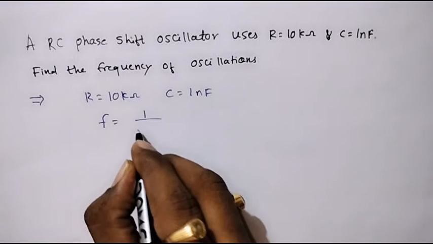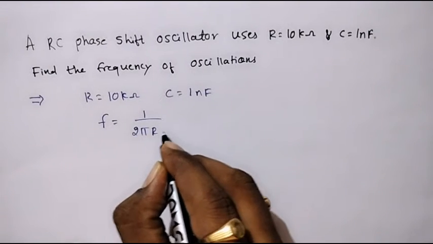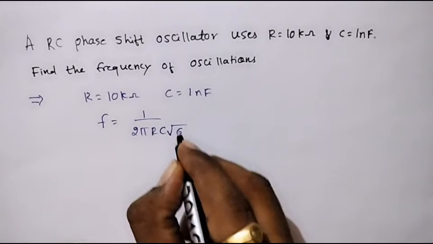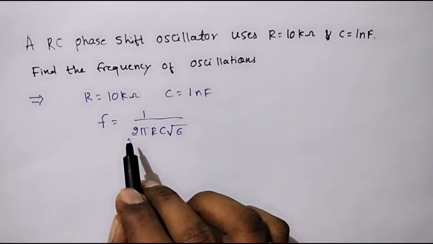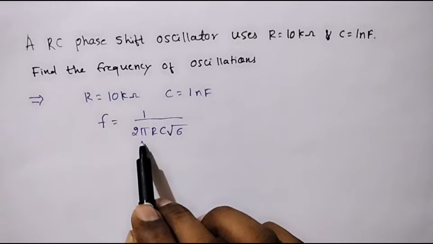equal to 1 over 2 pi RC root 6. We know that an RC phase shift oscillator uses 3 RC sections in its feedback path, and each RC section produces 60-degree phase shift. Hence the total phase shift will be 180 degrees, and another 180-degree phase shift will be provided by the op amp. So the total phase shift is 360 degrees, and the frequency of oscillation is given by the formula 1 upon 2 pi